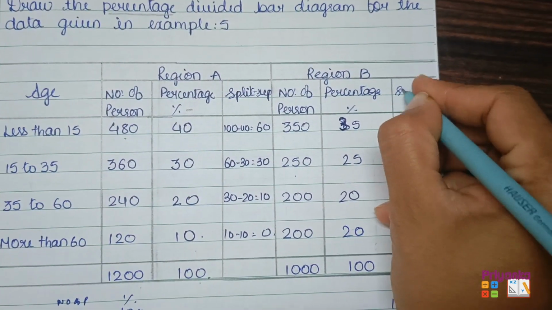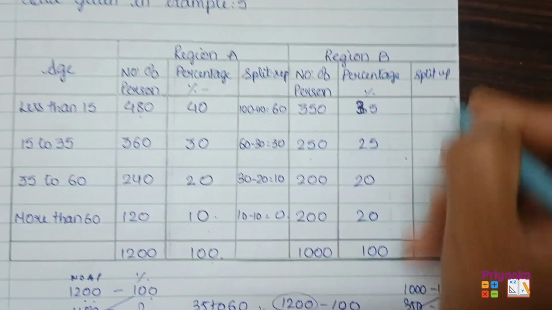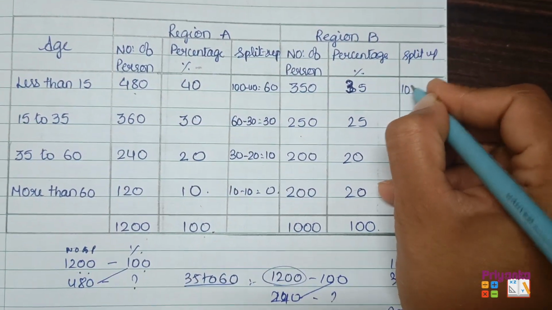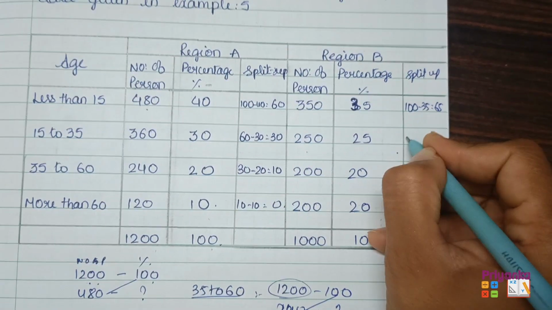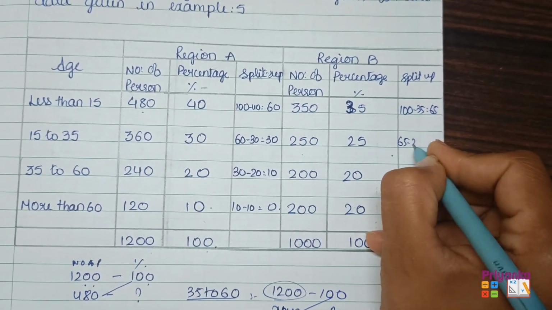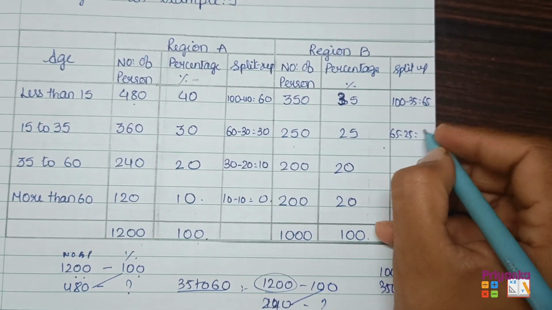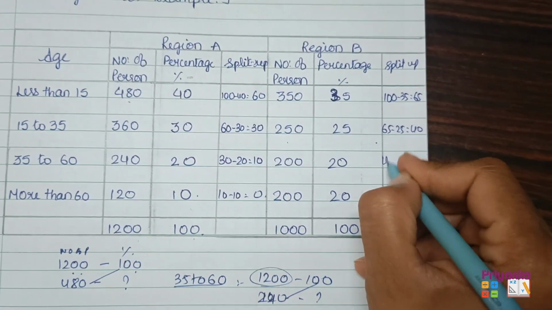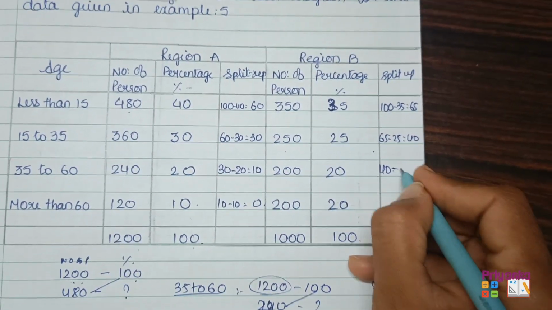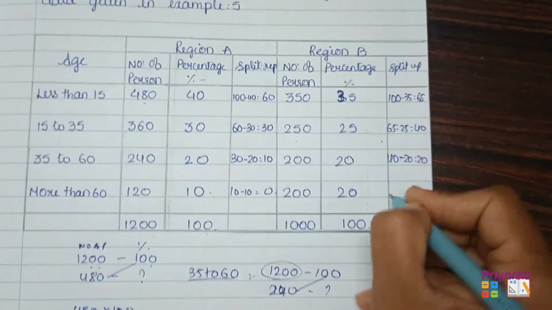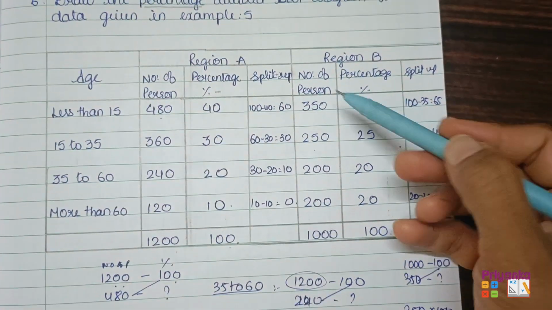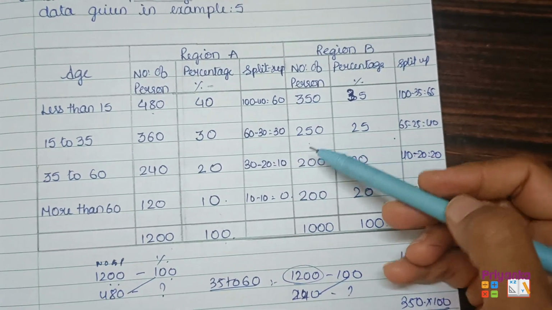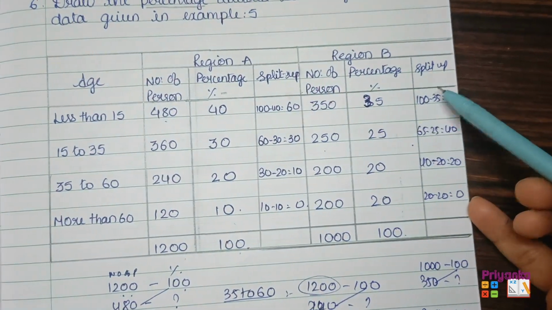For the split up, first take the total from here, 100, minus 35. Here remain 65. Take the 65 down, minus 25. You will get 40. Take 40 to the next line, minus 20, here remain 20. Next, 20 minus 20 is equal to 0. So out of this, here we are going to prepare 2 bars